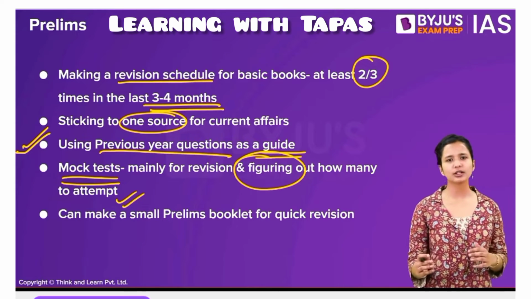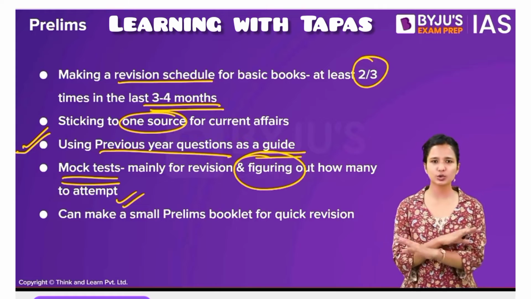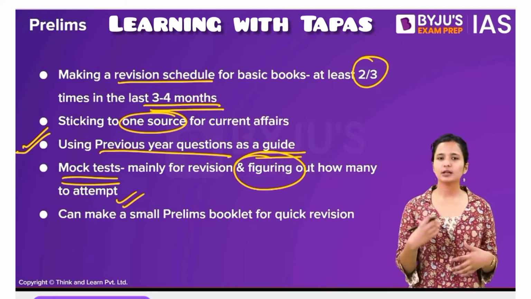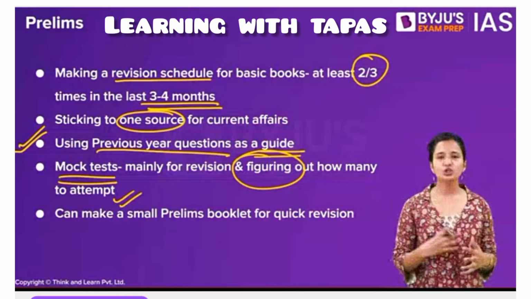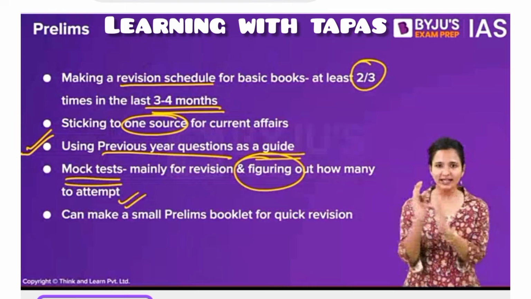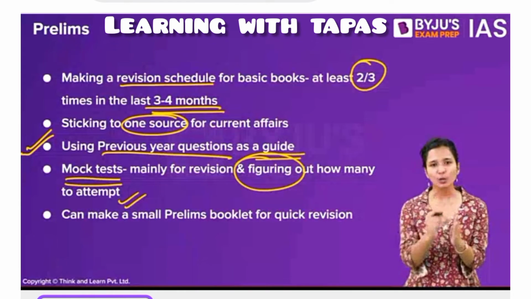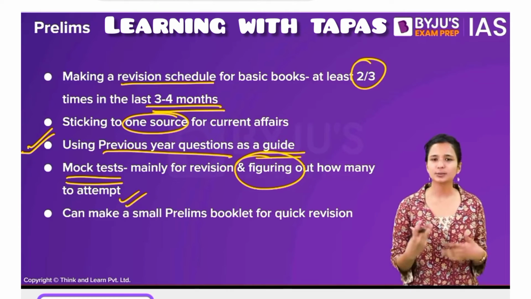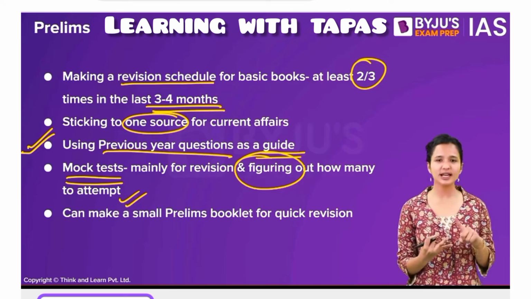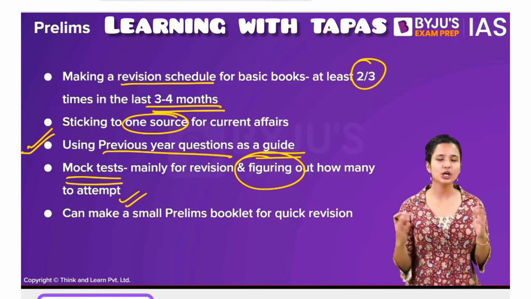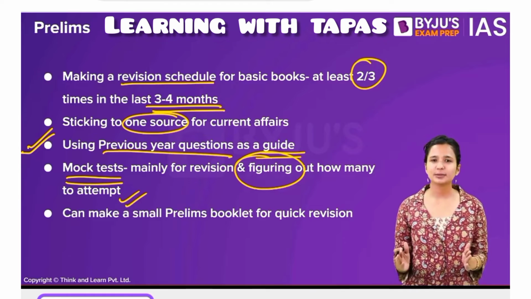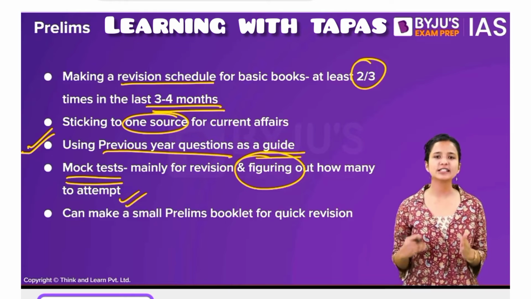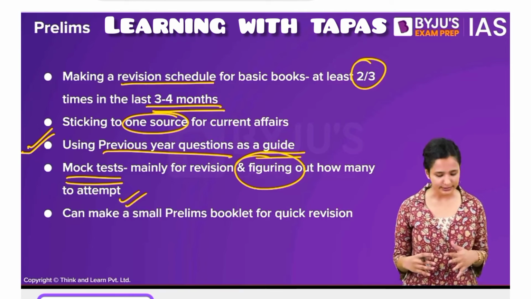I personally feel, not in terms of sectional papers, but towards the end those complete mock tests come, including all papers. So if you attempt, say, 20 papers of that sort, you see what works for you. And when you're analyzing those questions, try to see how many of those that you attempt are right. You get to know if your tukkebazi is something which is working or not, right? So that is something that you can analyze based on both these mock tests as well as attempting of previous year question papers. So at the end, say 1 week before the final examination, the last 3 or 4 years question papers, try to attempt in those 2 hours and see how many you are getting right.